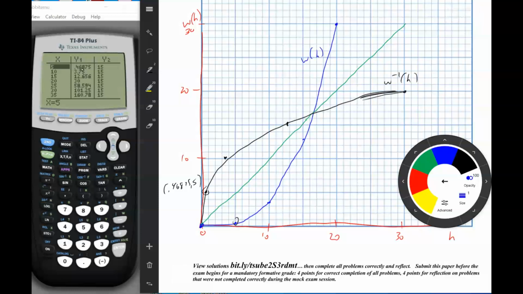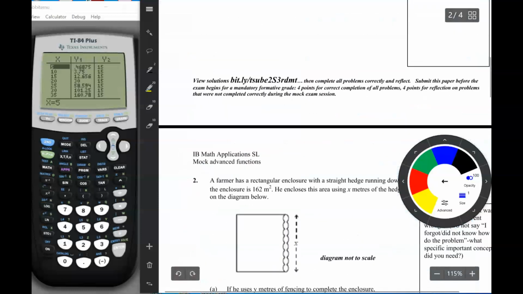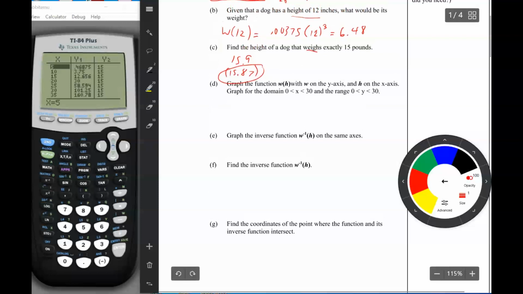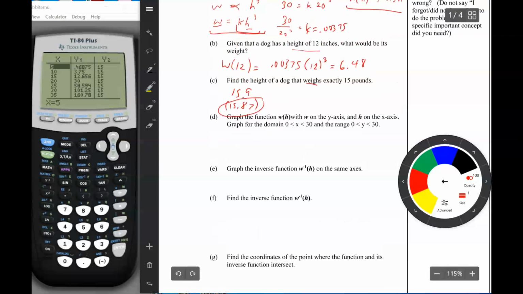Okay, let's go back to the original problem, see what else they're going to ask us. Graph the inverse function. We did that. Find the inverse function. Okay, so find the inverse function. So basically, we're going to do that by drawing the arrow mapping technique. So we're going to start with our function w of h, which is equal to